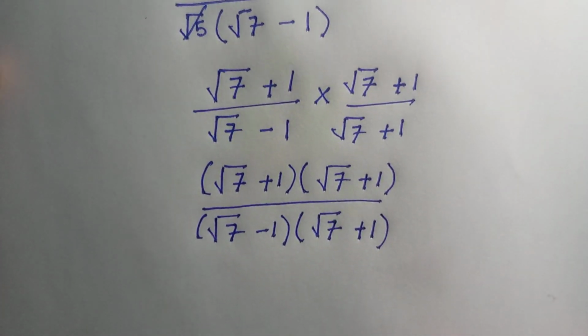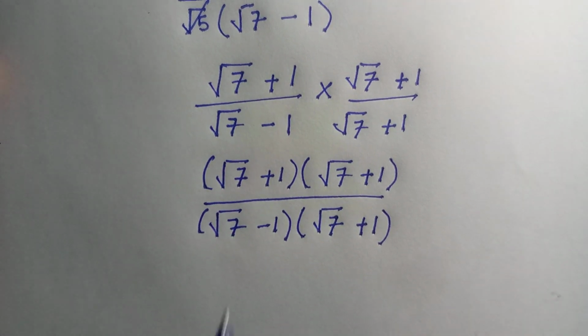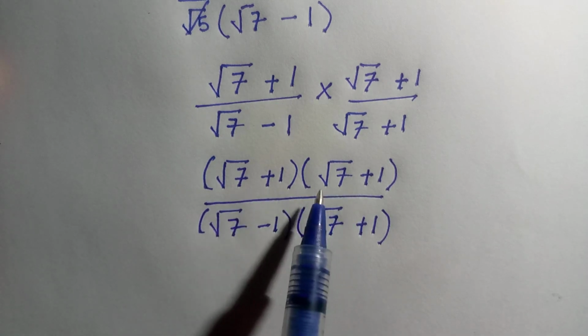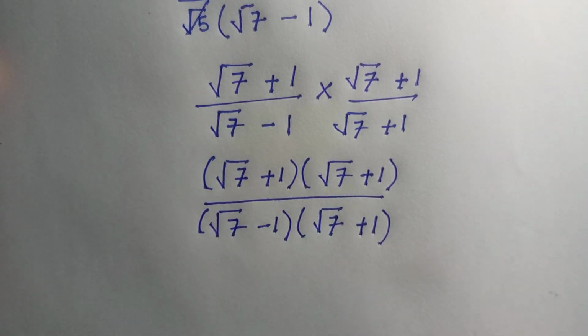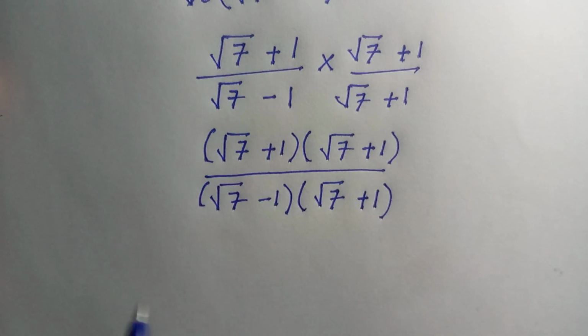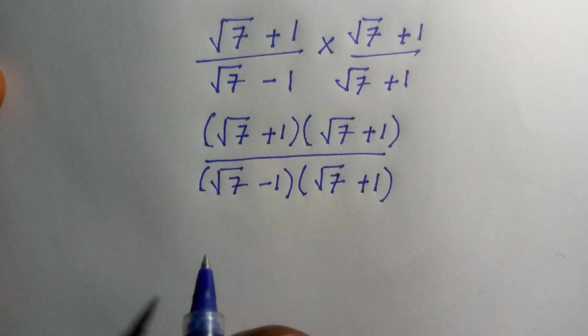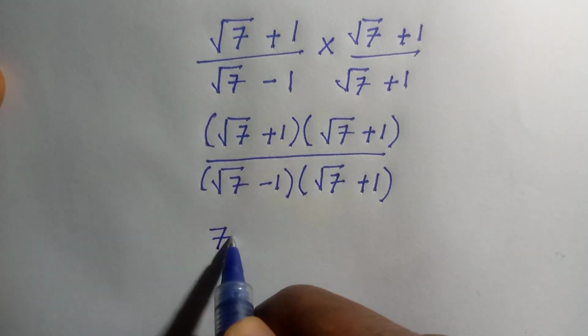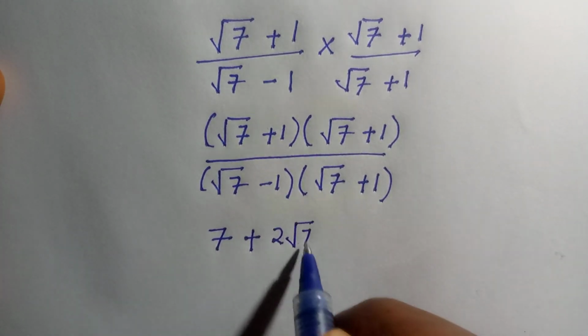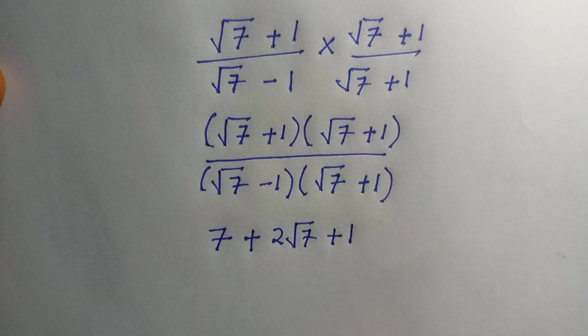So here is what we have. And at the numerator, we have the same thing, that is positive root 7 plus 1. So when we try to expand that one, we are going to get this result as 7 plus 2 root 7 plus 1. This is what we get,